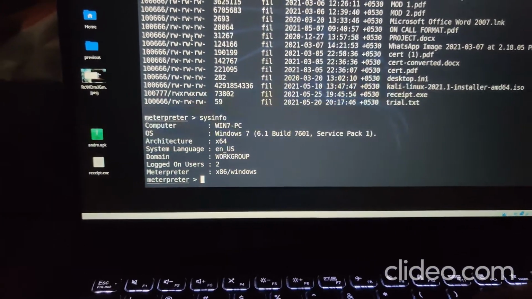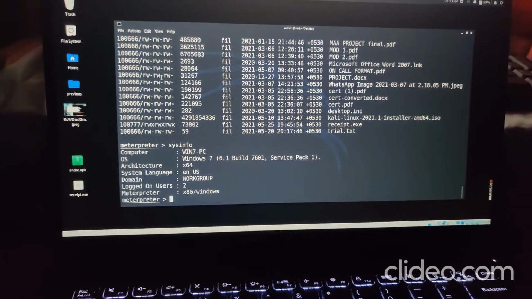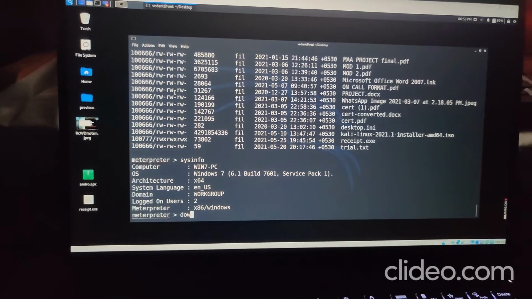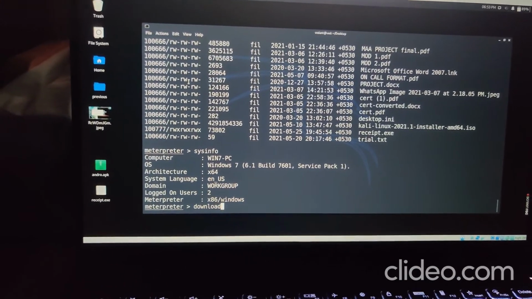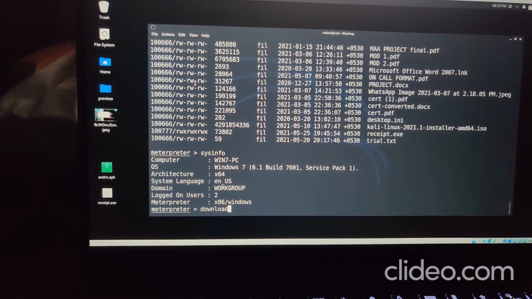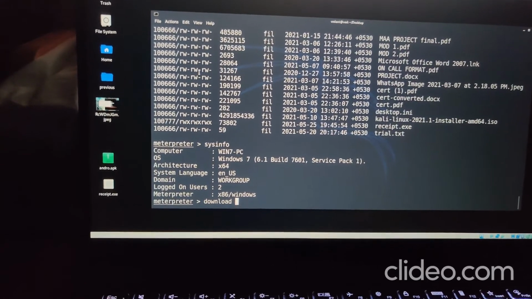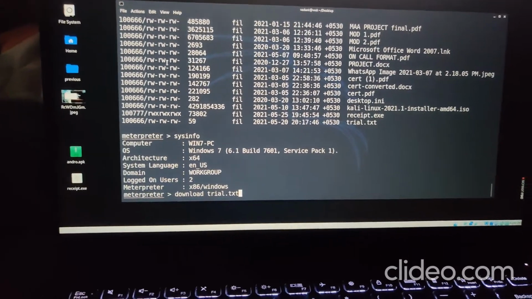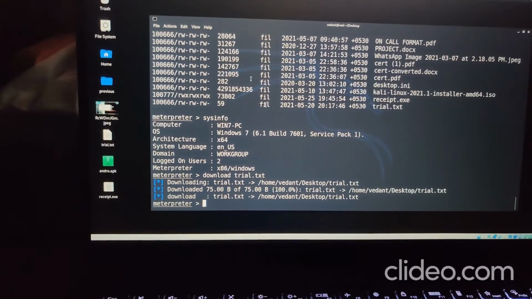Another thing that we can do is download any file that is available on the victim's PC. I told you about the trial.txt file, so I'm just going to download trial. Make sure we give the correct name and the correct extension. We hit trial.txt.